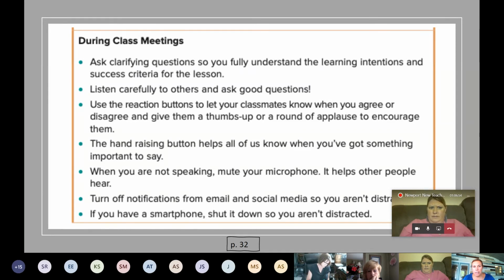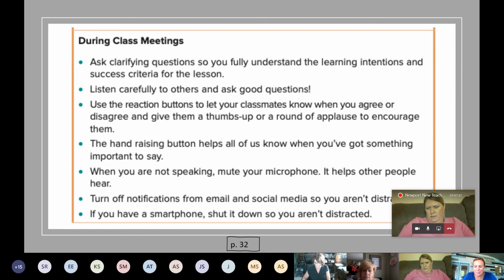Depending on what platform you're using, and I think you guys are using Google Meet for the most part, I can't say this for 100% if they have this feature, but hopefully they'll add it if they don't. Some platforms do have little emojis, reaction buttons, if you will. So, showing praise for each other with hand claps and little smiley faces, things like that. You guys know about muting, and we definitely want to teach that to our kids. Our older kids, not getting distracted with other devices, other tabs open on your computer.